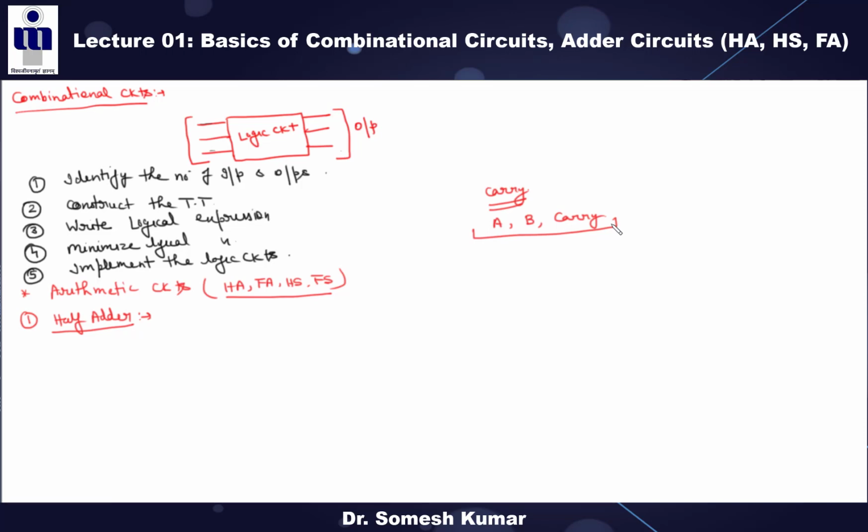Means in digital electronics, the addition or subtraction is not only one stage, right? For example, 1101, right? And 1110. For example, you want to add this thing, right? These two binary numbers. This is one 4-bit number. This is other 4-bit number. You want to add these two numbers, right? So 1 plus 0, this is your 1. 0 plus 1, this is your 1, right? So 1 plus 1, what will come? 0, and carry goes to here, right?